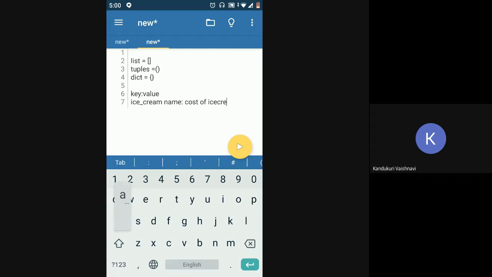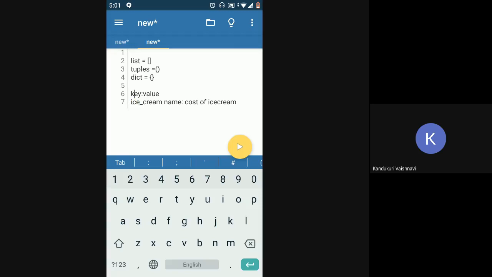Here in this case, my key would be the ice cream name and the value would be the cost of the ice cream. So whenever I get an input from the user saying I want some apple ice cream, I can directly ask the dictionary what is the cost of apple ice cream, and the dictionary will provide me the cost. So that is the function of a dictionary. You put in key value pairs inside the dictionary such that whenever you want to access any value, you can just provide the key for that value and you will get the value of that particular thing.